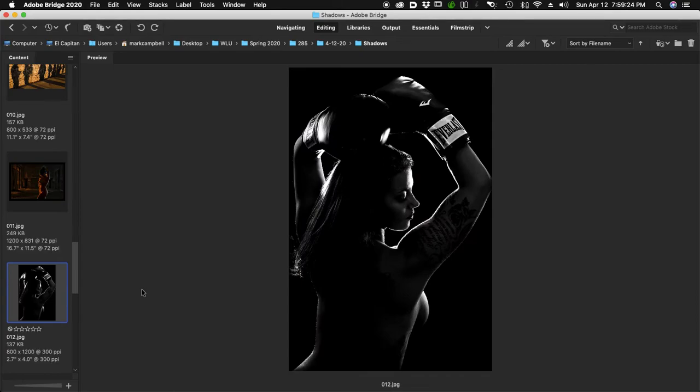Same kind of an idea here. Again, you could make a case for this being a silhouette. It's not a true silhouette, but there is a lot of shadow, and it's all because the lighting is behind the subject as far as where the camera position is. So